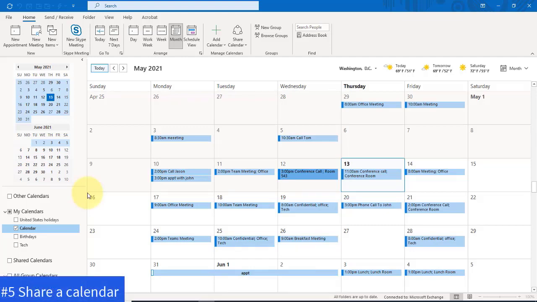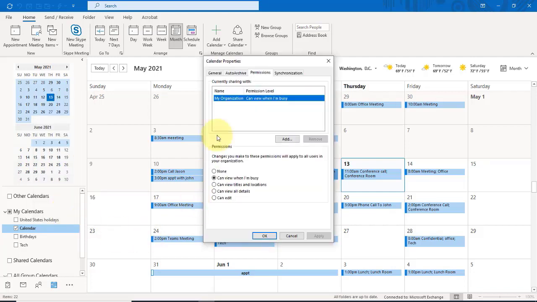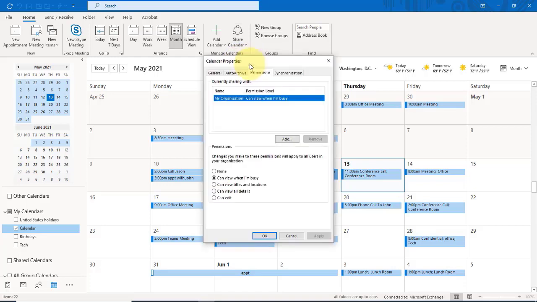So to share a calendar, for example, I have two calendars here. I'm going to share my main calendar. So I'm going to right click my calendar, and on this menu it says sharing permissions. I just need to click on that and it shows up here with the permissions. On top here, there's also a share calendar icon. Click on the drop down menu, it shows me my two calendars. So I'm going to share my main calendar here,